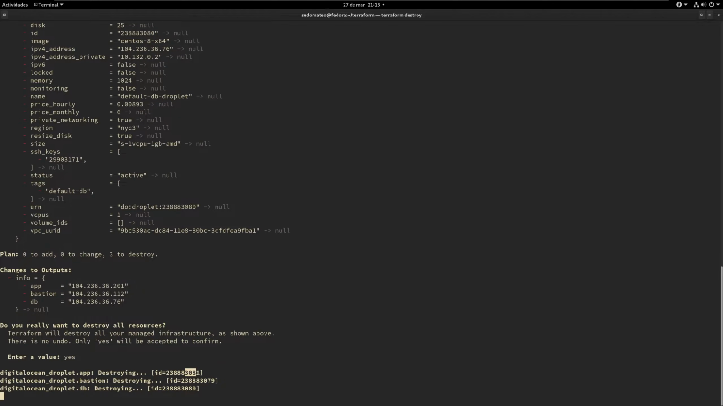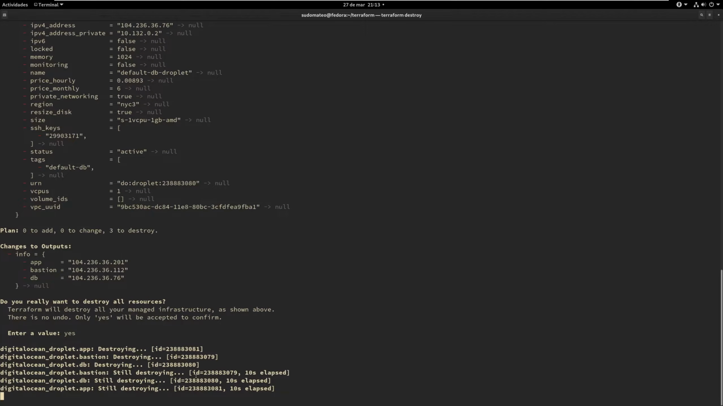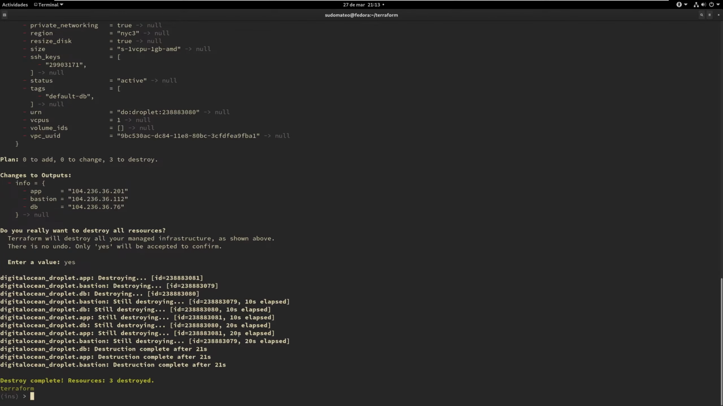238883080, 3081, 3079. It's reaching out to DigitalOcean and saying, hey, can you destroy the droplet with this ID? Can you destroy the droplet with this ID, and this ID? That's how it's limiting the destroy to only what's managed in the state file. Once the destroy is complete, you'll see something like this saying the destroy was complete and how many resources were